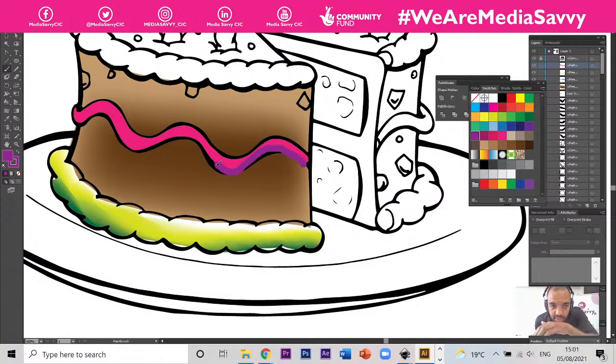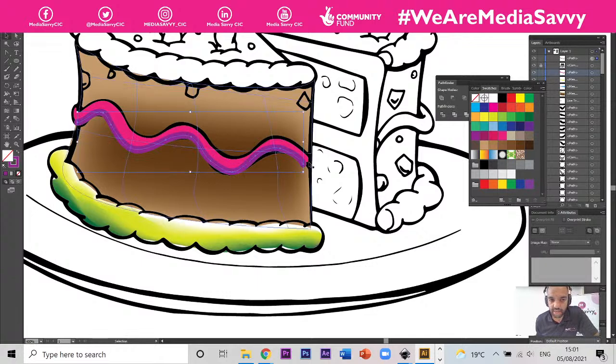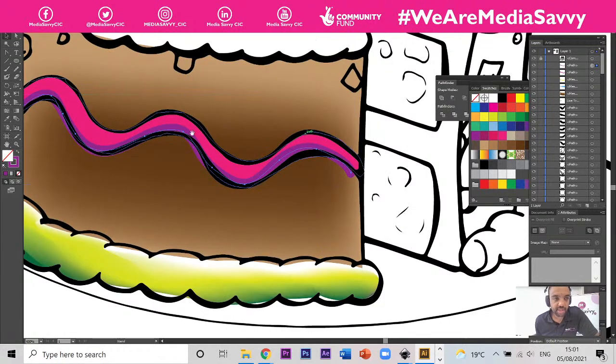And then you can just go on the underside of that image to create that kind of shadow of the icing. And then if you look at your layers here on your right hand side in the layers palette, that's that path there, with the little blue dot, that's what we just drew. If you drag that underneath your drawing, can you see that brings that colour right underneath the drawing of the